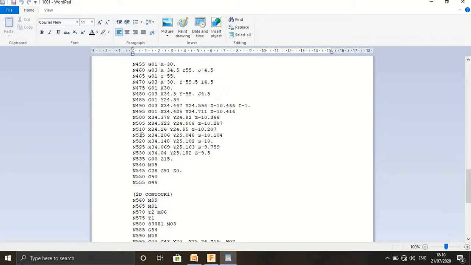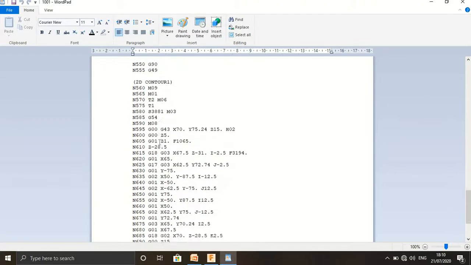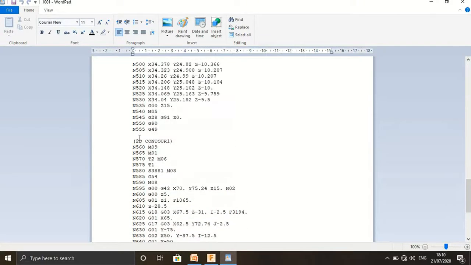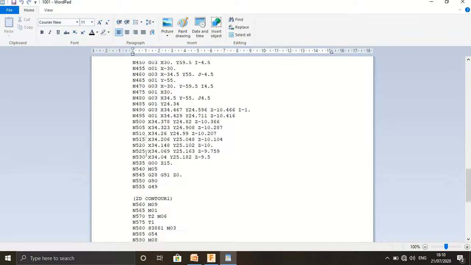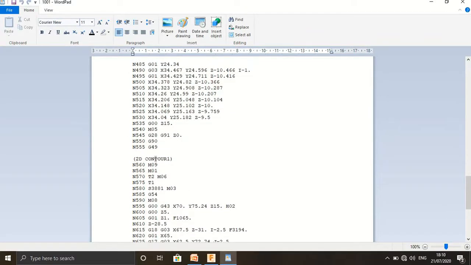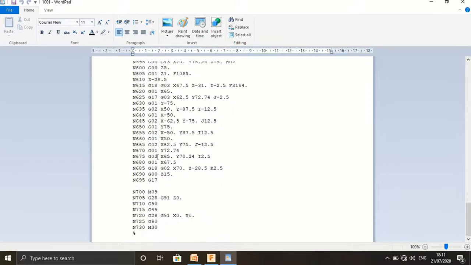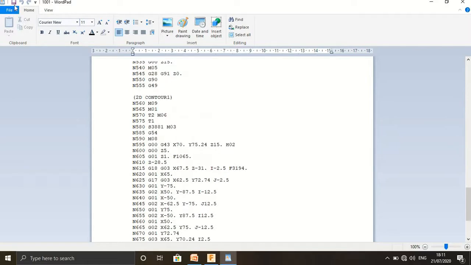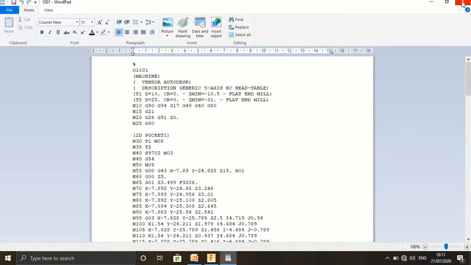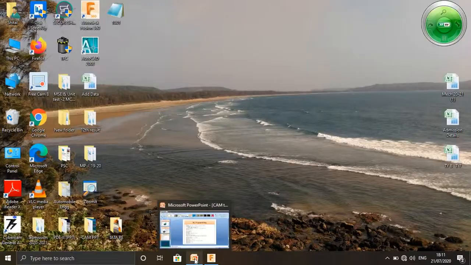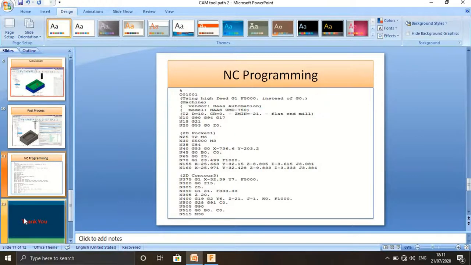This takes all the coordinates, and after completion of the first part, the 2D pocket, it starts the 2D contour, and after completion of that, finally M30 means spindle stop or machine stop code. You can save this and close this file, and directly use this format to feed the machine, and run it on the machine, so you can get the final object.